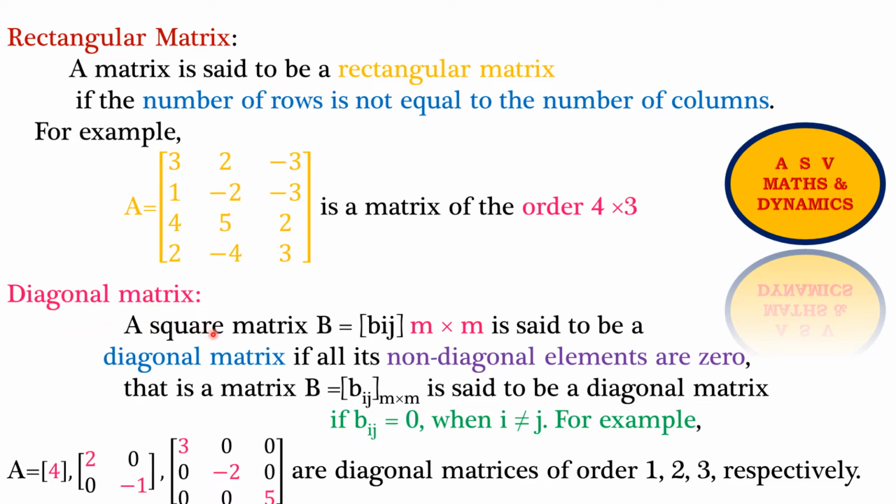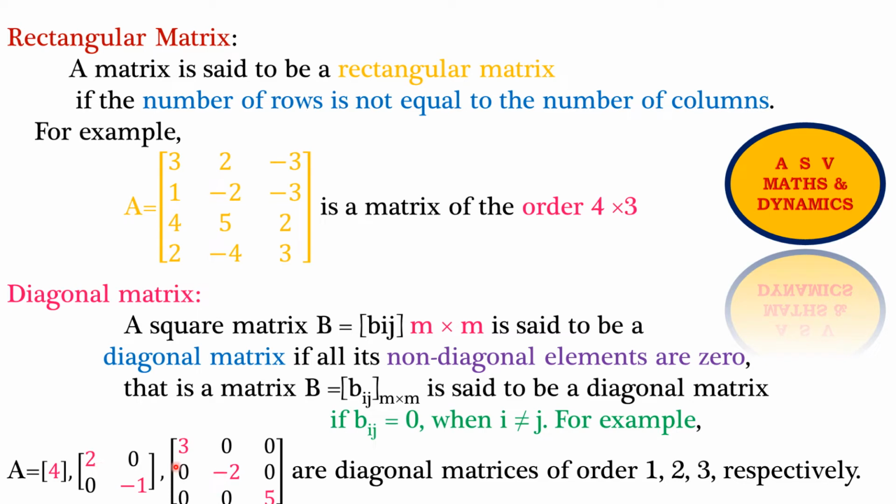You already know about the square matrix. What is a square matrix? It is where m is equal to n, that means the number of rows and the number of columns is equal. So here you see this matrix, it is of order 1, order 2, order